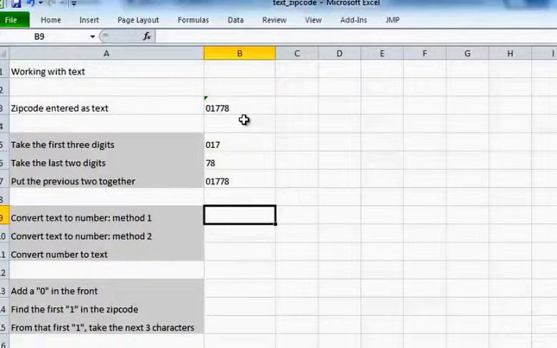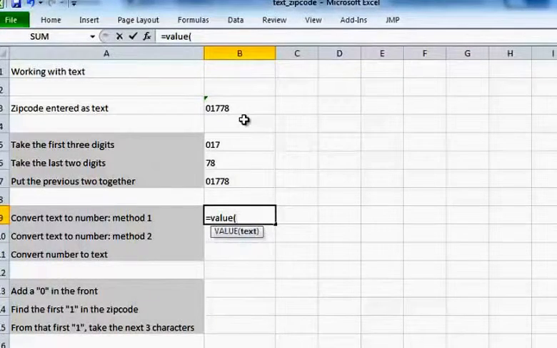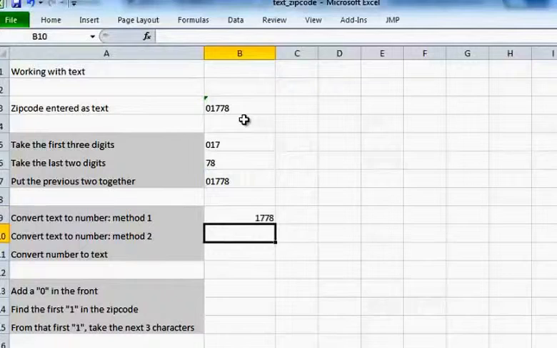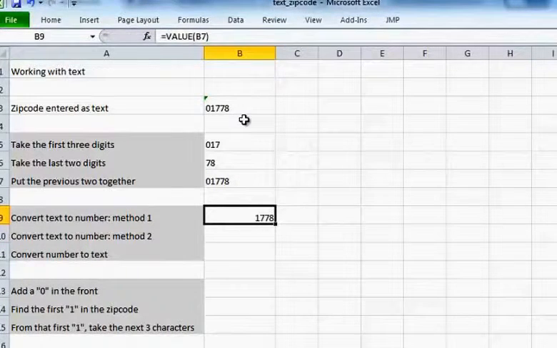Now, how to convert those text into numbers? There is a standard method which is just called value. If you enter value of this string, as in B7, we have 1778. Notice that it is now right aligned, indicating that it's indeed numbers instead of text strings, which